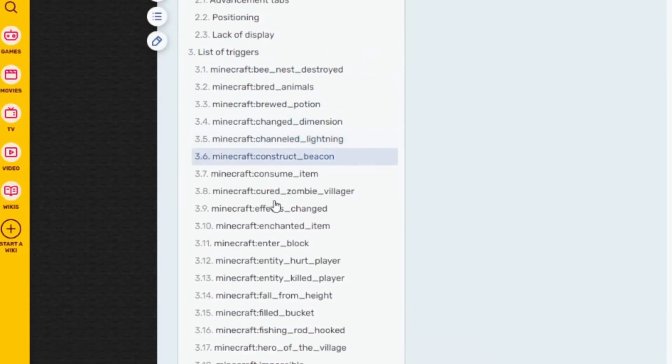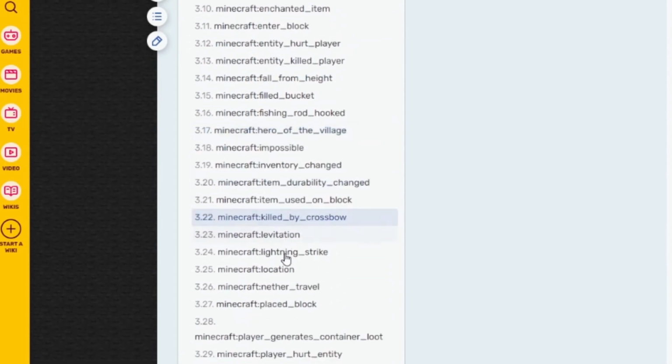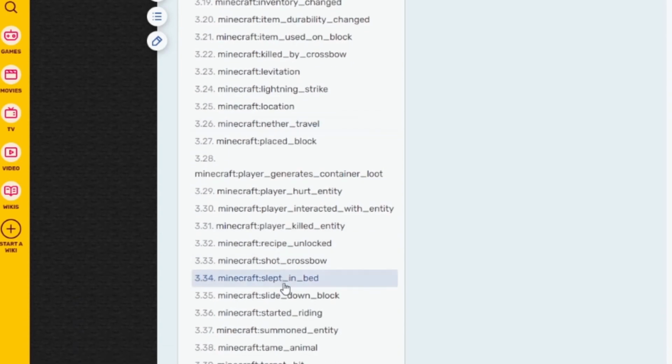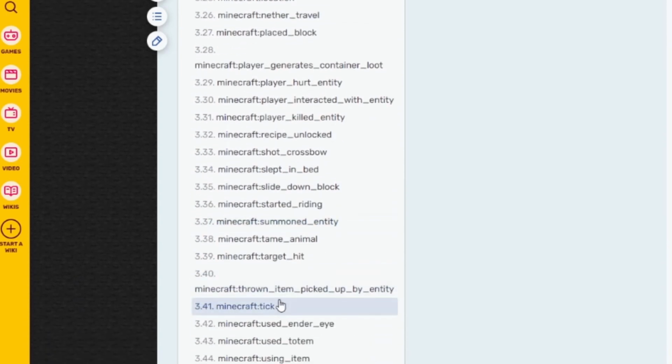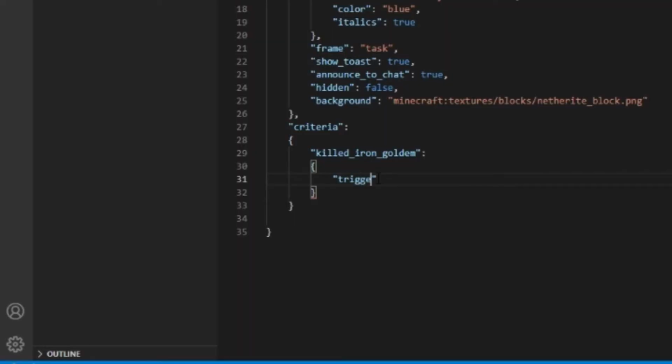There are 45 trigger events, and while I would love to explain them all in this episode, I don't think that would be practical, so I'll save them for a future episode and just leave a link in the description for where to find the triggers and what their setup looks like. I normally use the Minecraft fandom wiki for the advancement/JSON format to find the list of triggers. In this case, I'm going to use